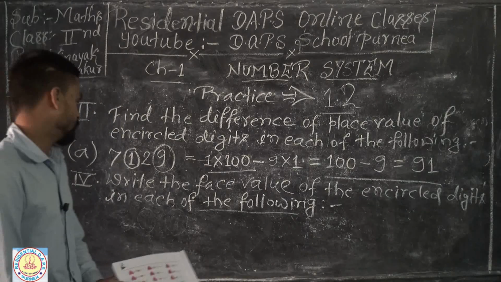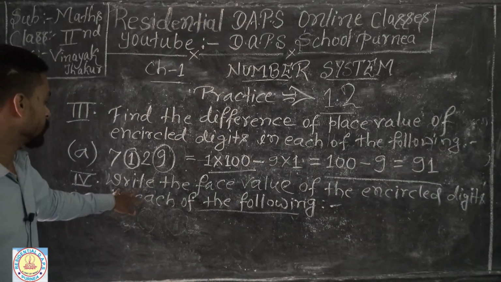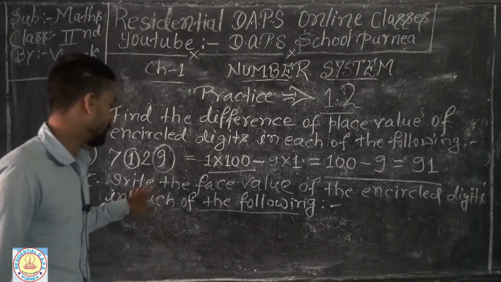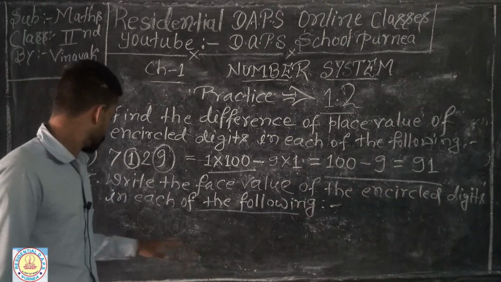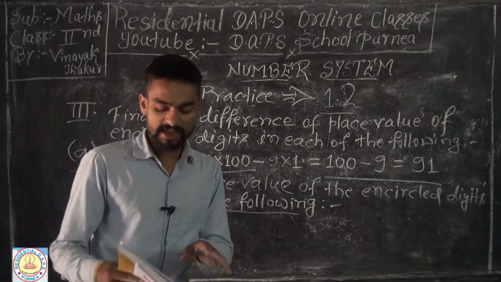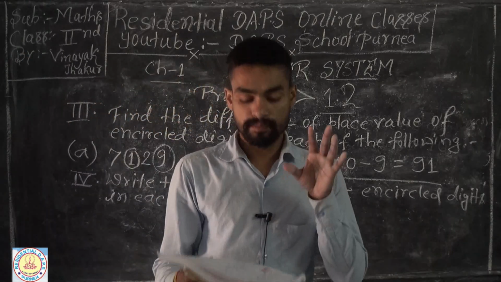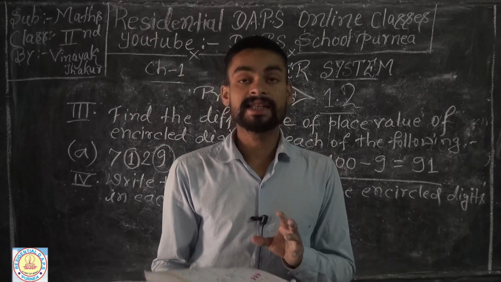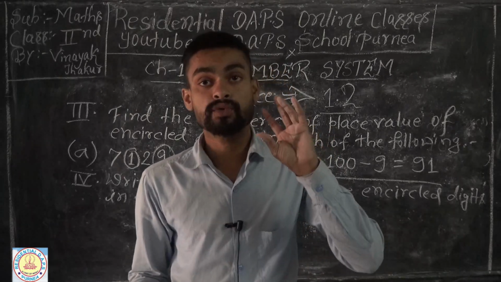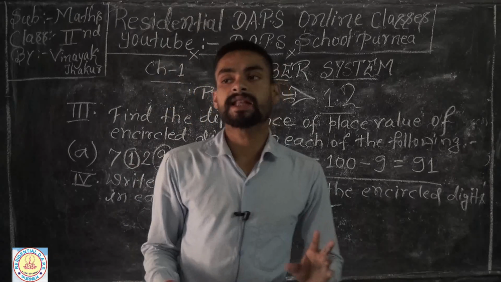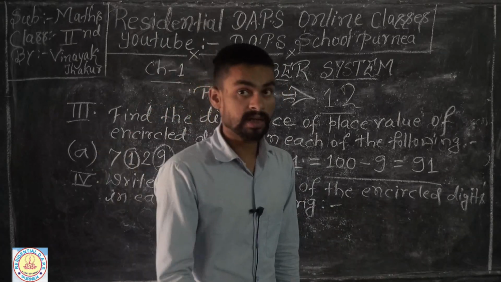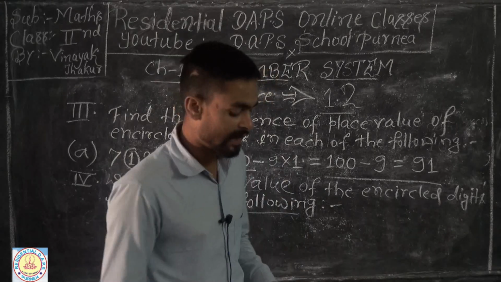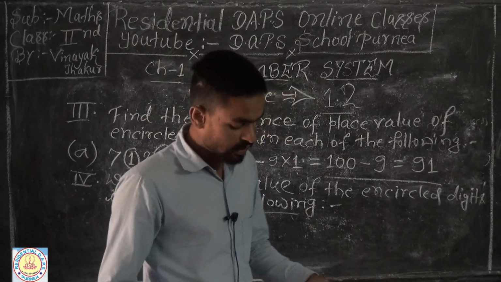So guys, here is your question. It tells us to write the face value of the encircled digits in each of the following. You have to find the face value of the digits that are inside the circle, the encircled digits in the given numbers. So I will tell you one thing